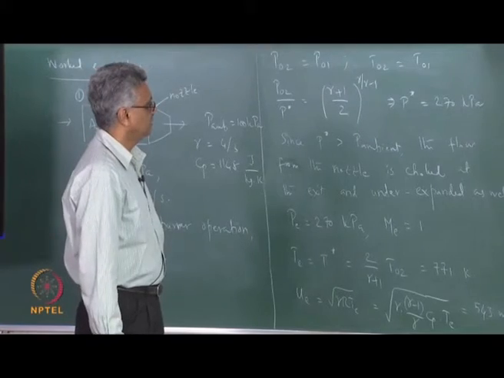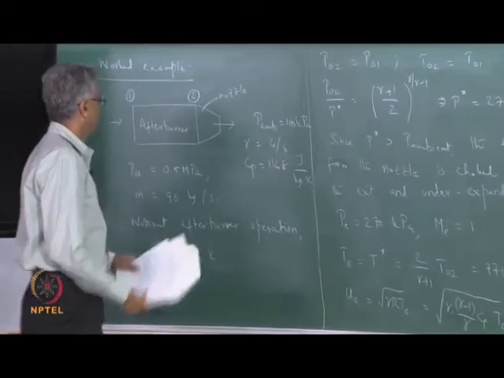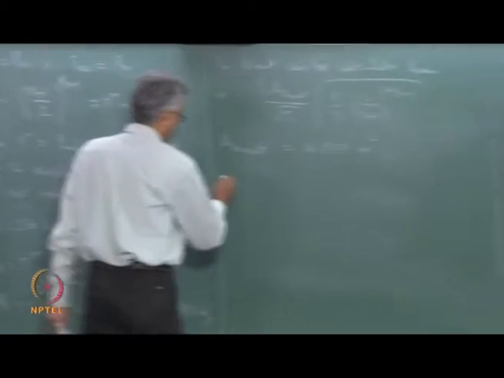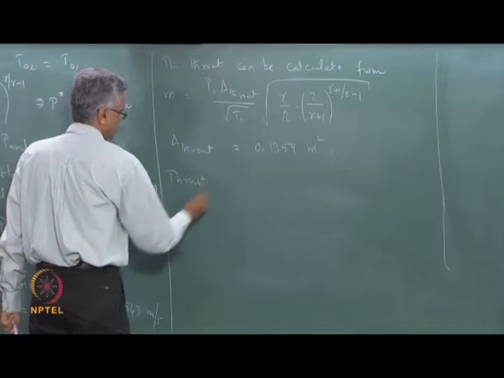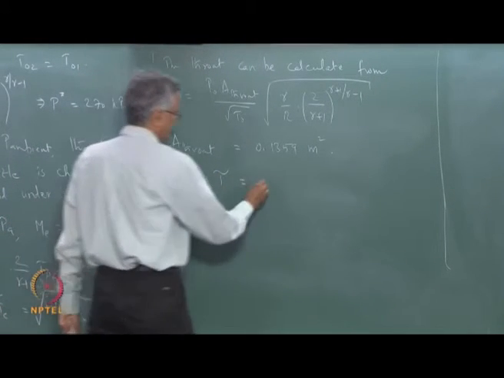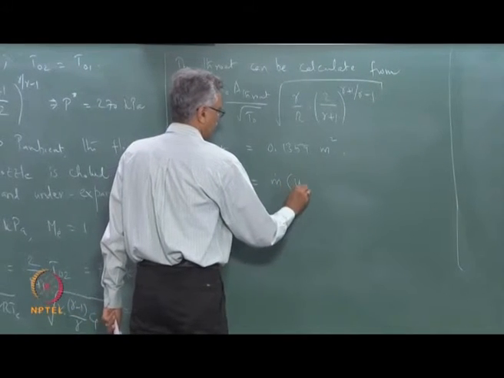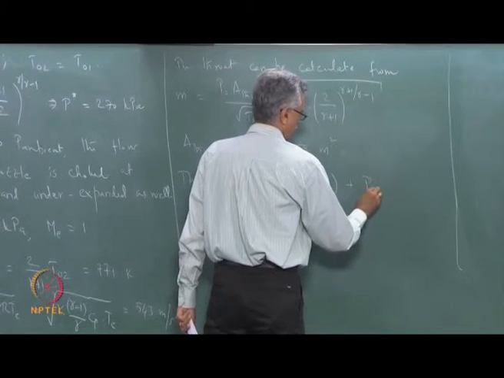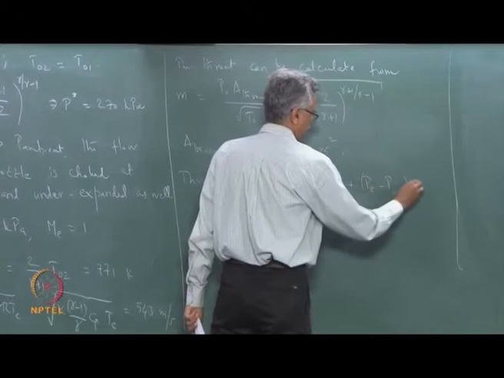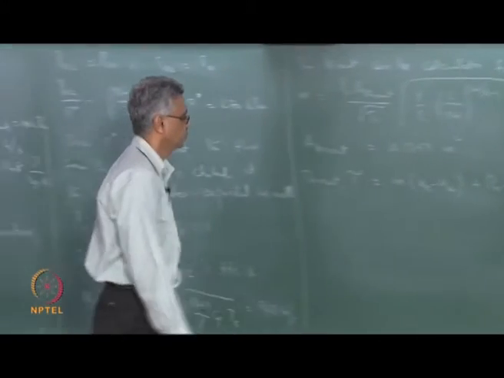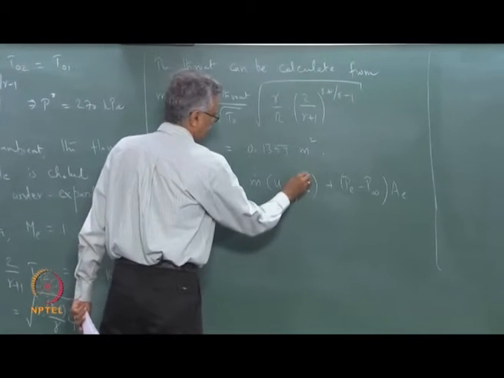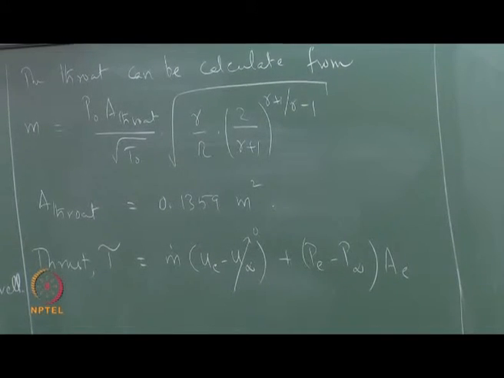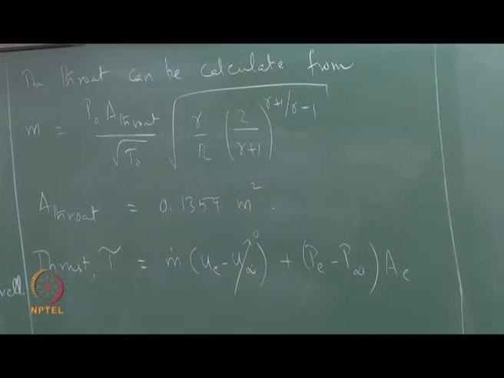Okay. And by using the impulse function, we can calculate the thrust. Although we have not shown this formula, we will show this later on, but for us it is easy to use it now. So, the thrust is given by the expression m dot times (UE minus U infinity) plus (P exit minus P infinity) times A exit, and since it is mounted on a test stand, U infinity is 0. So, this is the expression for the thrust produced by the afterburner,